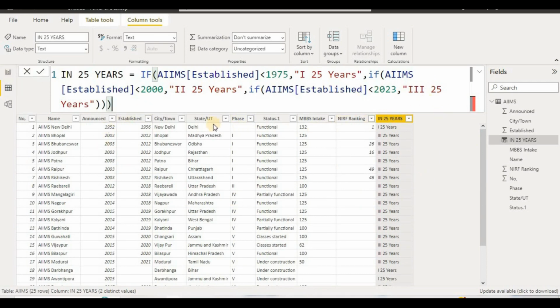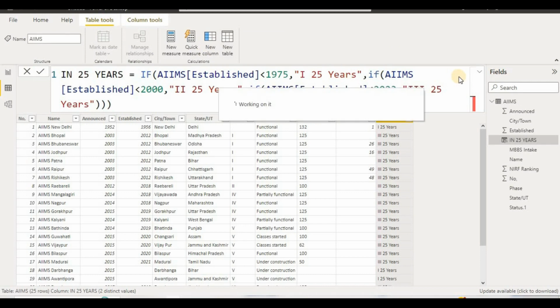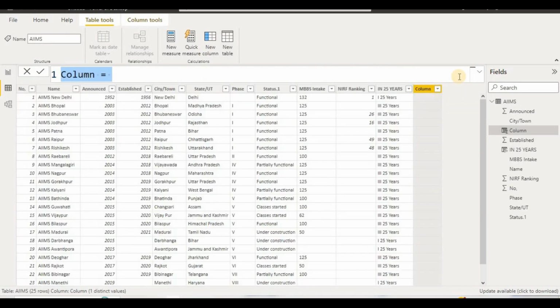And beside that I also create one more. I will create one more function, because what I need here is our establishment and time, like what will be the time, like we have established and announced. So what will be the time gap between establishment and announce? So for that I will create another new column. So I will go to table and create a new column here again and give it a name time. So I will put time here,